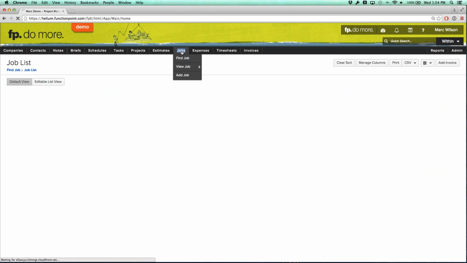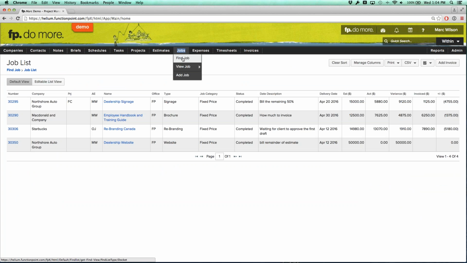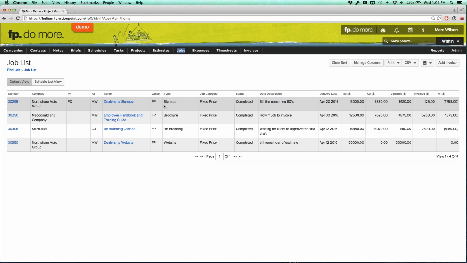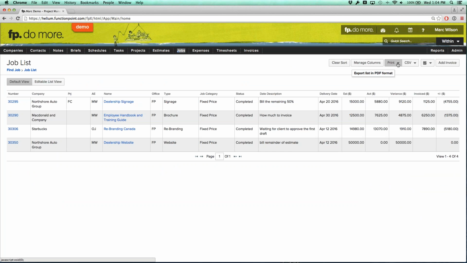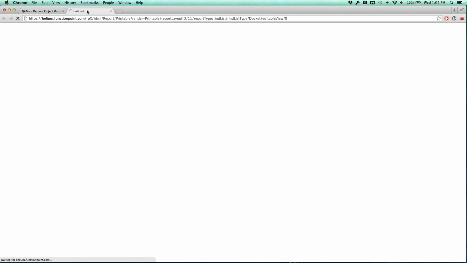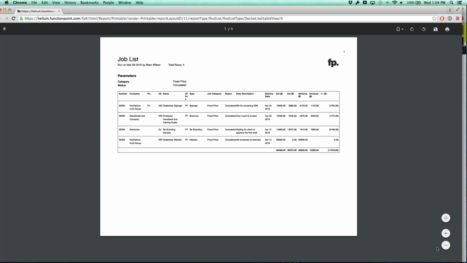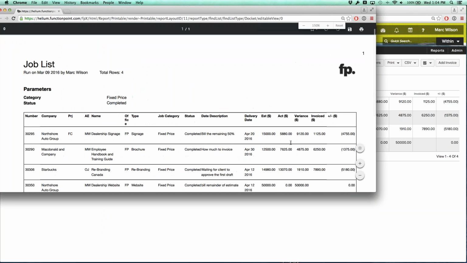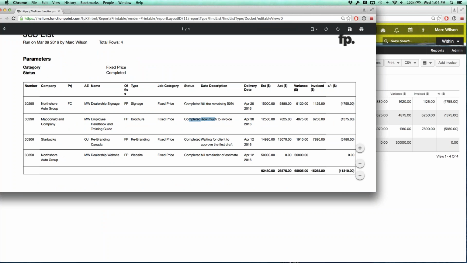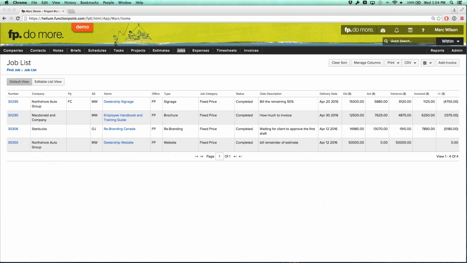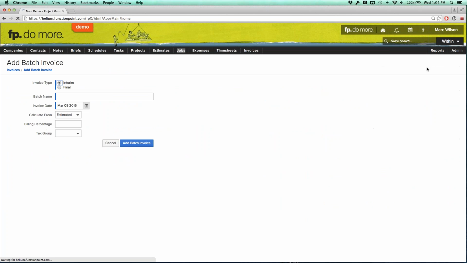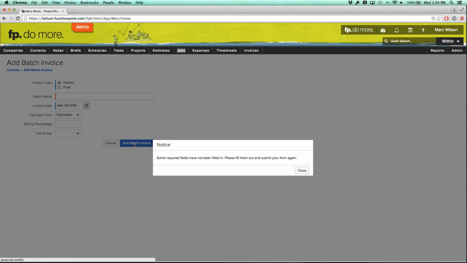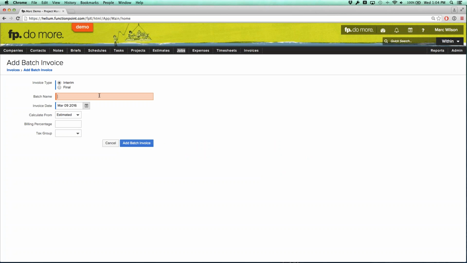But you can actually do them in a batch as well. So, I now have 4 jobs that meet that search criteria. I might generate a PDF of this, pop that out, keep it on the side, just so that it's telling me how much to bill. And I can then go ahead and from my fixed price jobs list, add a batch invoice. 100% of estimated we'll start off with, because each one of these